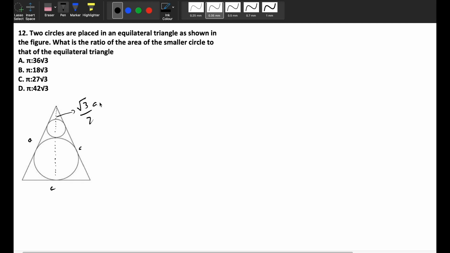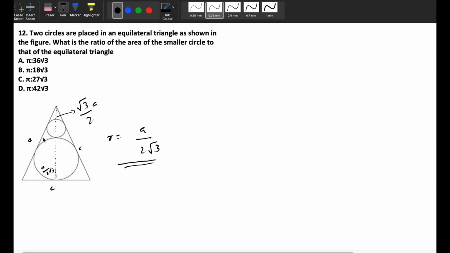Equilateral triangle is a very important topic. IIM, CAT, MGNF, bank test and any other quantitative aptitude test will probably ask at least one question based on equilateral triangle, so it's very important. Now the radius of incircle R is equal to A by 2 root 3. This is also another property of equilateral triangle, which means this value is A by 2 root 3.